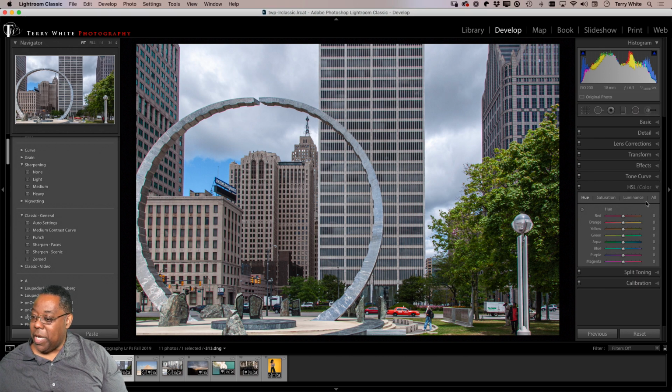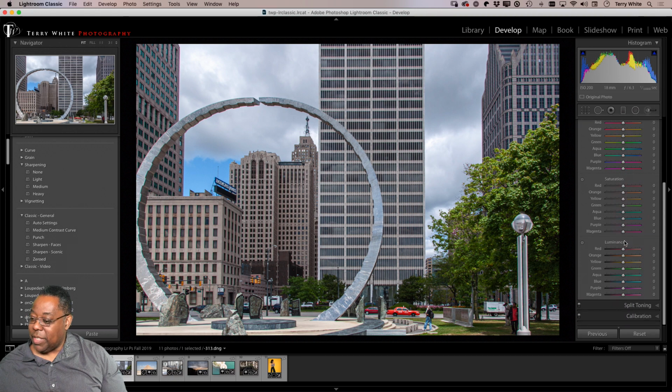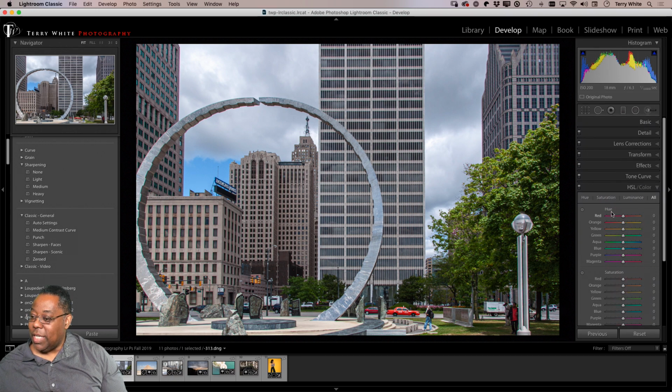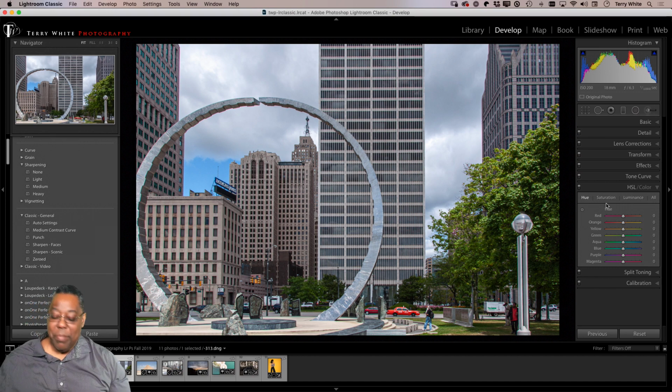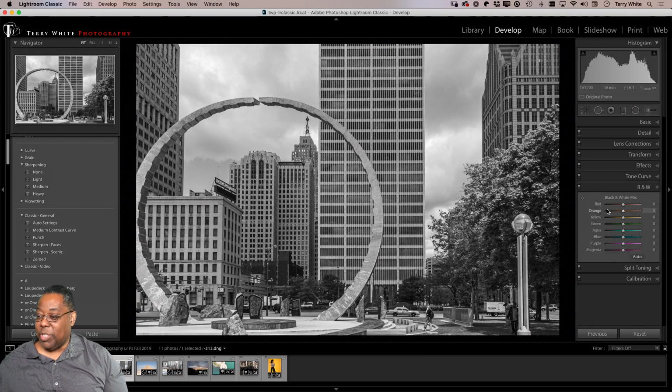So at this point, I could go to black and white just like I did before. So I could go in and say, let me see everything that's here. I could go to black and white just by hitting the, sorry, I'm just being distracted by some things I hadn't really paid attention to before. But I can go to my black and white first by hitting the letter V as in Victor, just to switch that over to a black and white mix. Now that I've hit the V as in Victor to make it black and white,